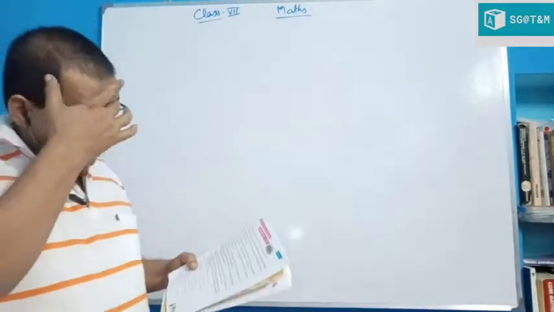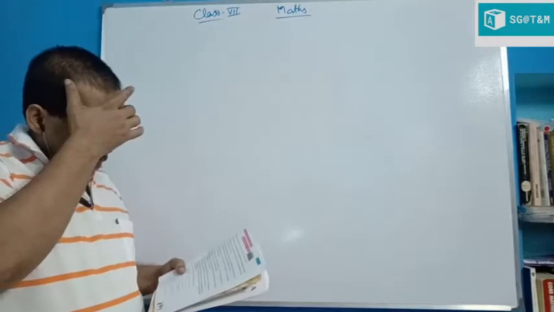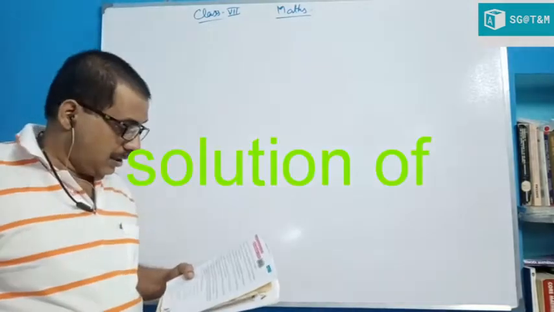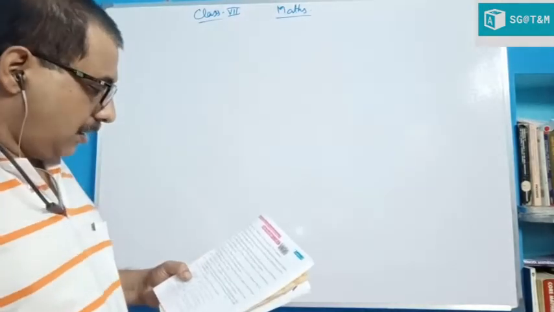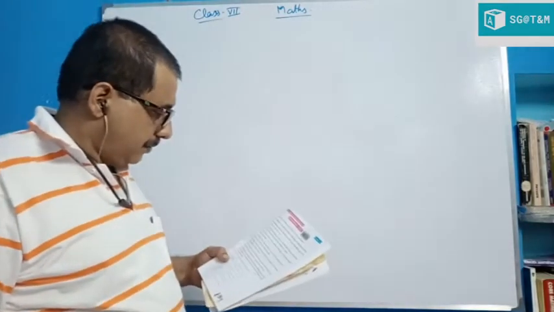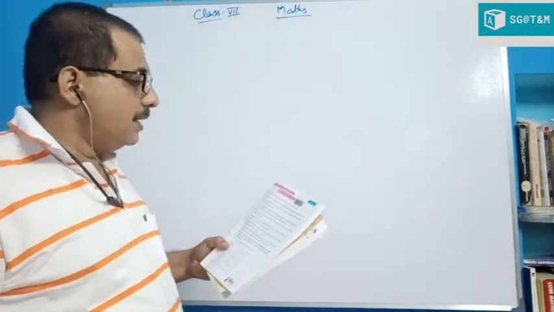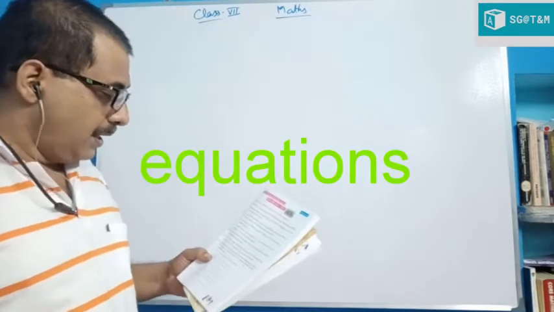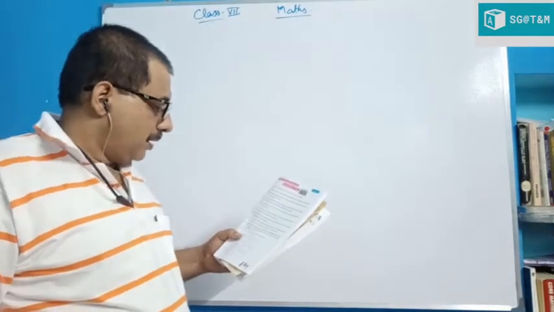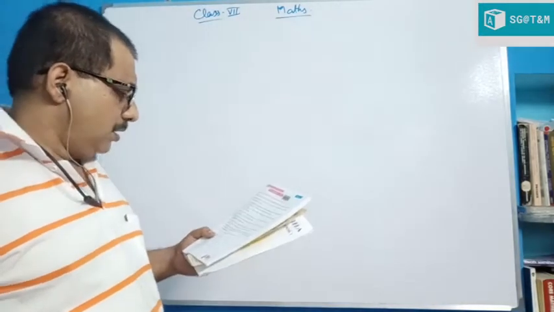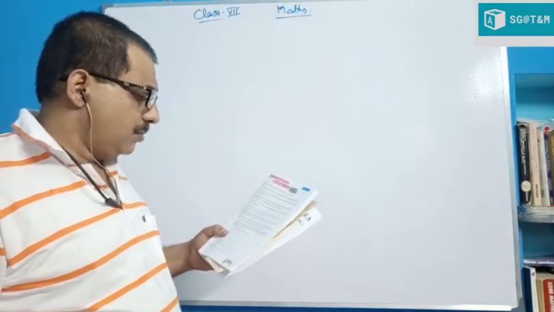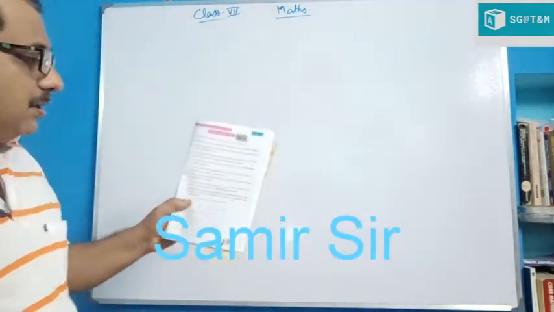We have already done two classes on solution of equations. In the previous class I gave you another question, number 8, exercise 22.2. There is a printing mistake. It will be: write a 3-digit number whose digit, that means 1H, this one.